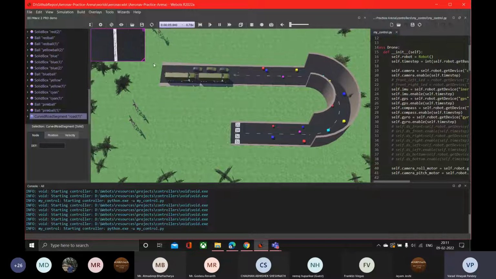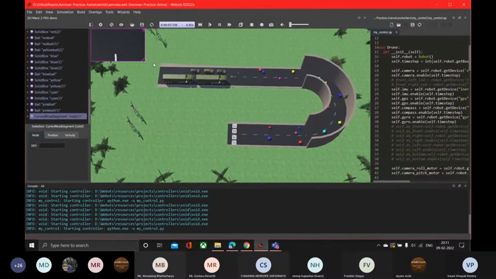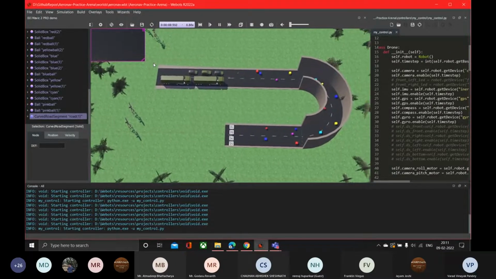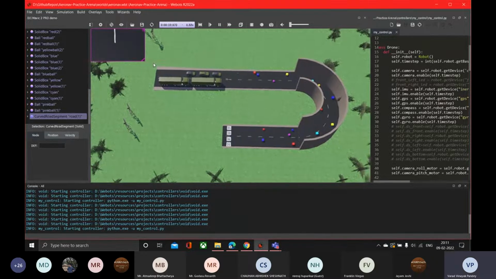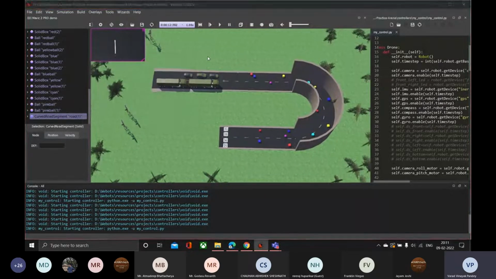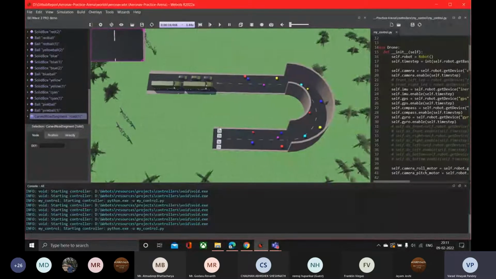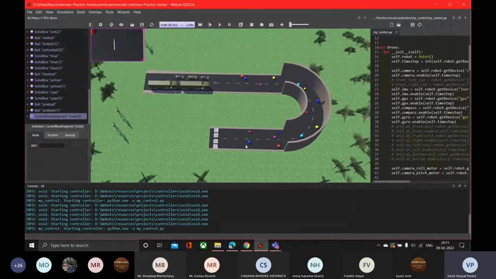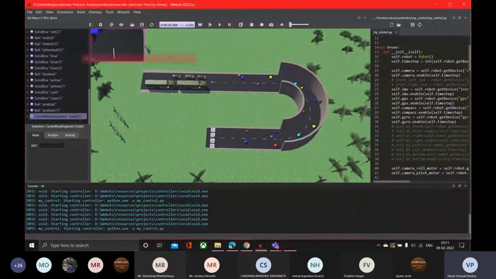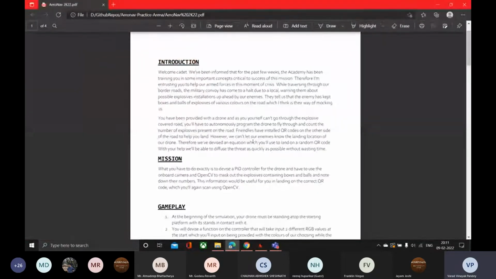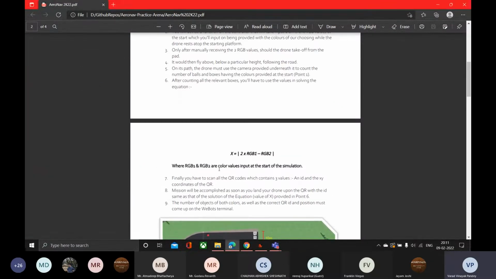Yeah, so here you can see the drone flying above. As soon as the drone goes over here, you have to scan these QR codes, and we have provided you an equation here. Yeah, here it is. So you will be using this equation